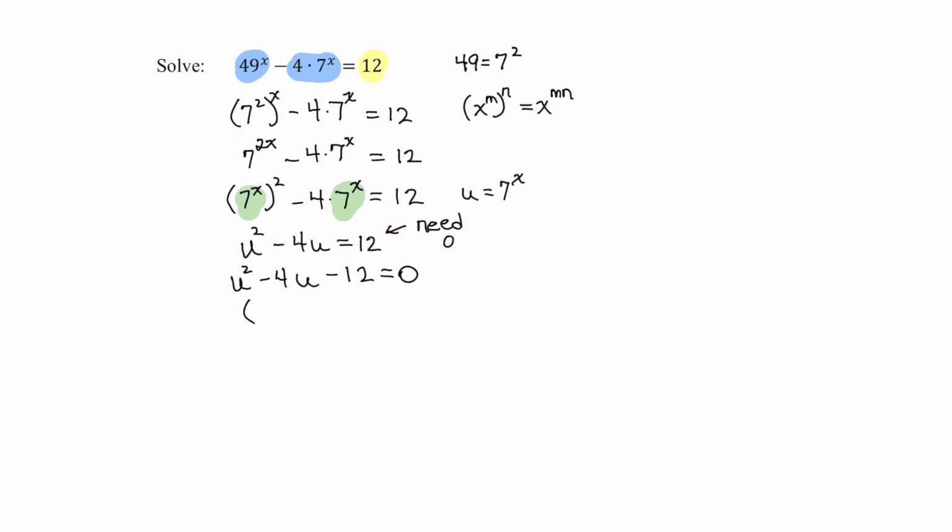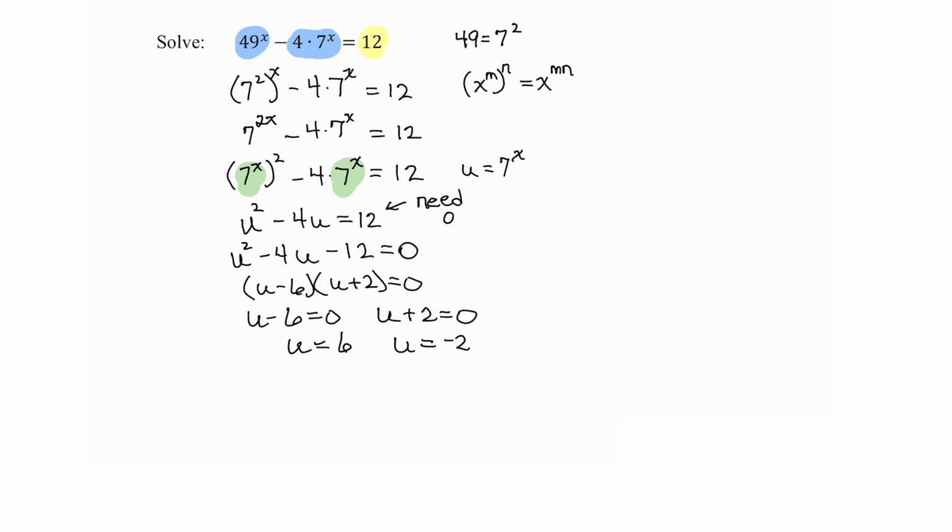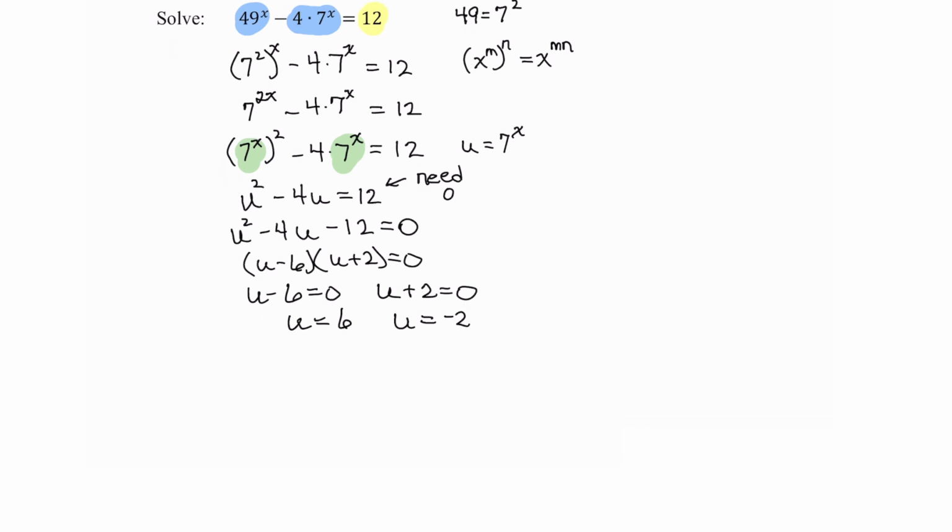So this factors as u minus 6 times u plus 2. Setting each factor equal to 0, u minus 6 equals 0, or u plus 2 equals 0. So u is equal to 6, or u is equal to negative 2. But our original variable that we're trying to solve for is x, so we need to make that substitution back in. Well, u really is 7 to the x,